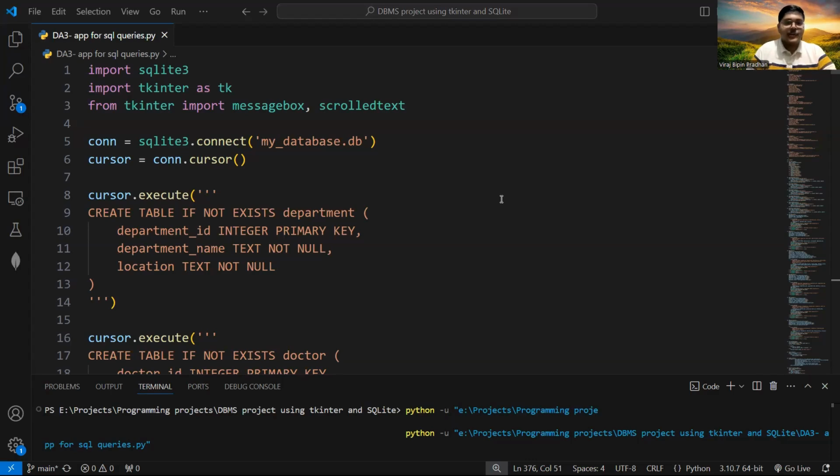And today we'll be discussing another app which I made, which also uses Python. This time it is comprised of SQLite and Tkinter. In the last video, we discussed a similar app, but that was based on Python connected to